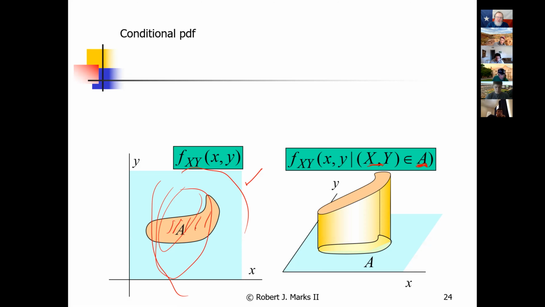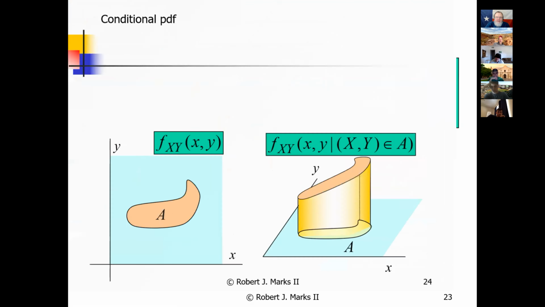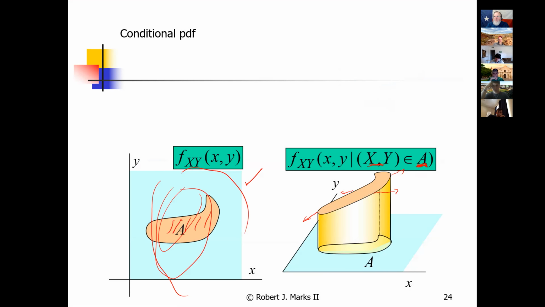To do that, we keep the shape of the joint probability density function, and look at it only over A. So you can see the total probability density function probably keeps on going down here, and it probably keeps on going up here, and it probably stays kind of constant here. But that's outside. We're only interested inside A, but we keep exactly the same shape. That's exactly what we did for this, right? We kept exactly the same shape within the small area. The structure is exactly the same. So we're keeping these values, but there's a problem with it.